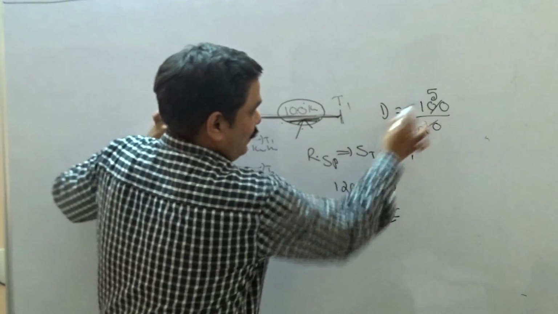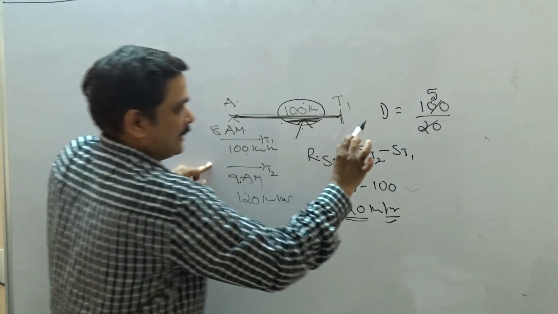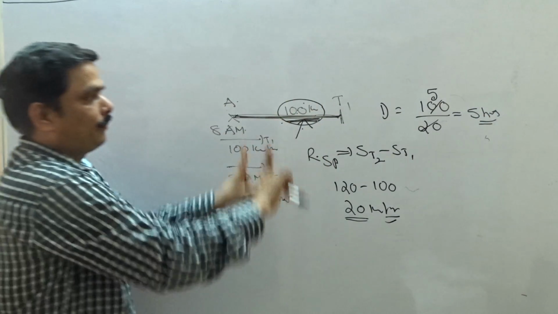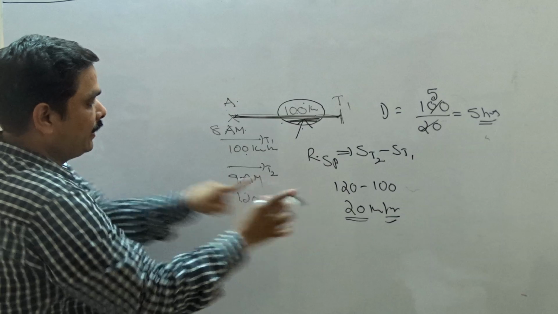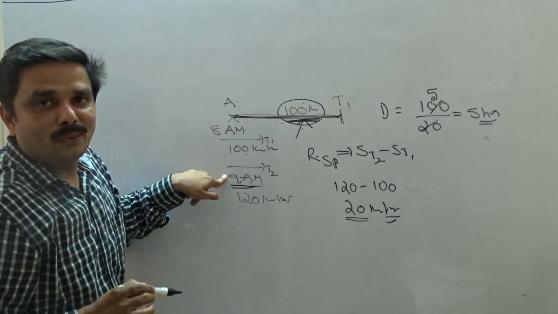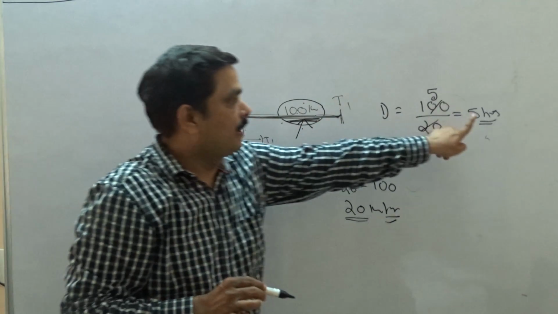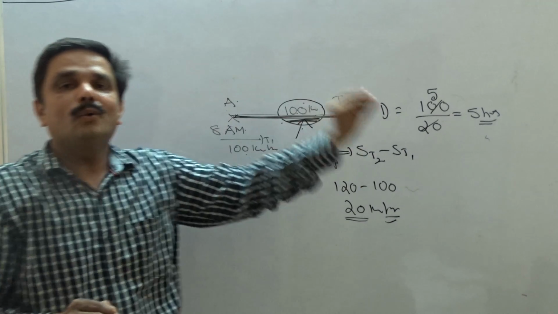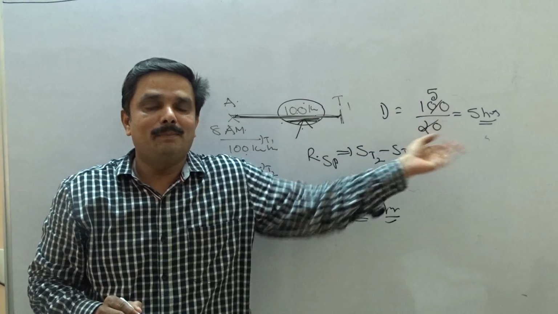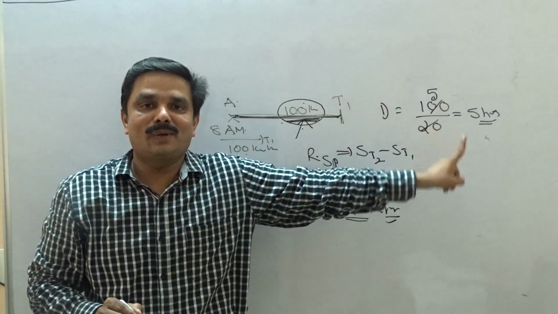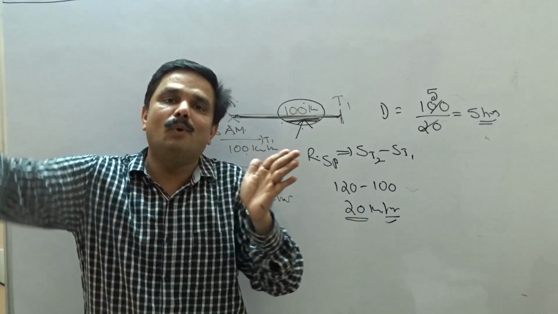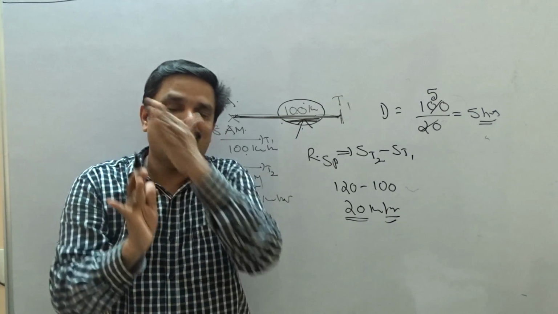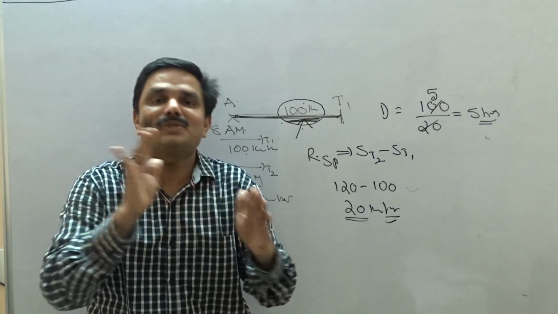So the second train takes 5 hours to catch up with the first one after 9 o'clock. After 9 o'clock, in 5 hours, the second train is going to catch up with the first one on the way, provided that within 5 hours the first train has not reached the destination. Continuously both are traveling. Hope you got the idea. This is a very important concept, and that's the reason why I'm spending much time on this one.